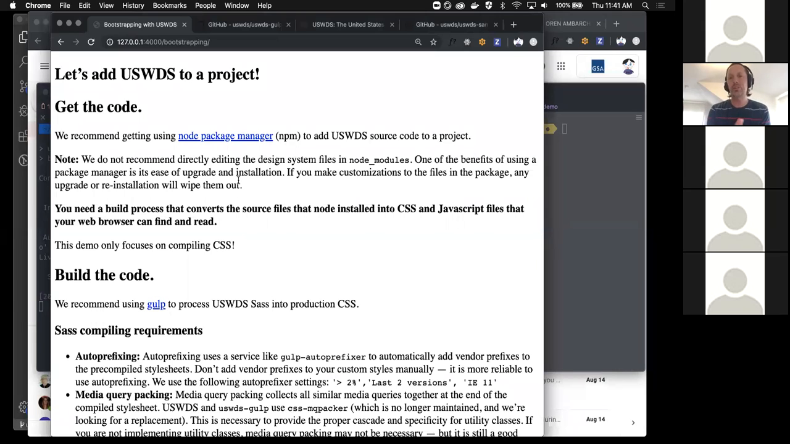And what I'd like to do now that I have this rough content here is add the design system to this Jekyll project. There are really two main things to think about when you're adding the design system to a project. And maybe this is obvious, but you need to get the code and you need to build the code. There are a number of ways to get the design system code, but the way that we recommend is to grab the code using Node Package Manager, or NPM,